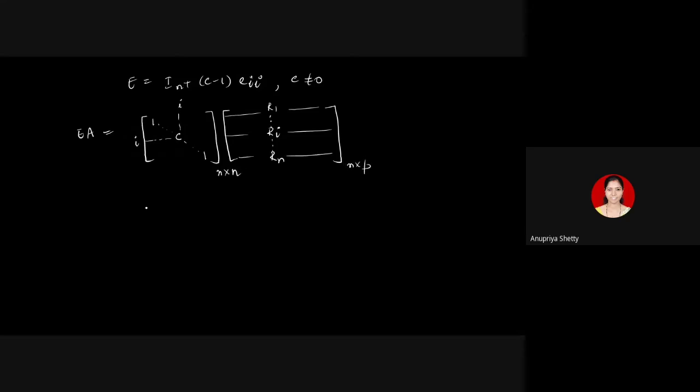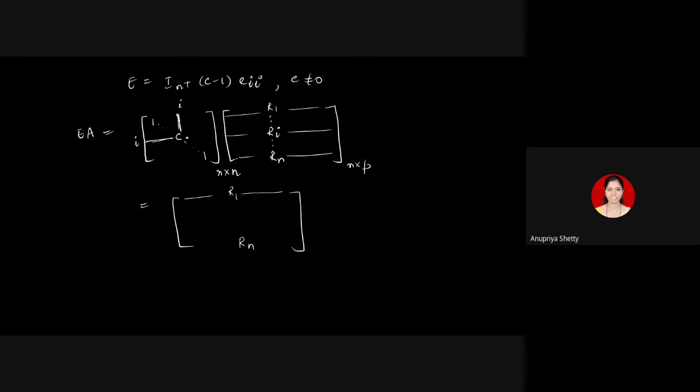Okay. Now what is going to happen? First row 1 0 0. So when I multiply with each of the columns, I'll get back the entries of R1. So R1 as it is. When I multiply the second row here, it is 0 1 and all zeros. It has 1 in the second place, rest all zeros. So that 1 gets multiplied with every entry from R2. So I'll get R2 back. So all other rows you'll get back.